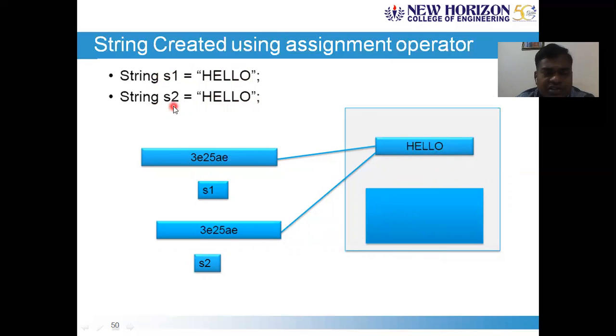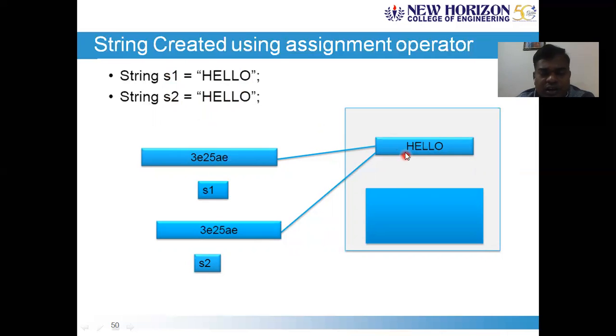When you are creating strings using straightforward variable creation like this, string s1 is equal to HELLO and string s2 is equal to HELLO, then the object created in the heap is given by reference to both s1 and s2, which means s1 and s2 are referring to the same string.